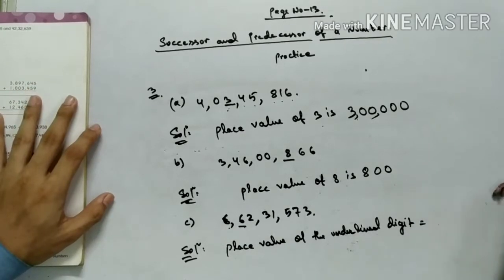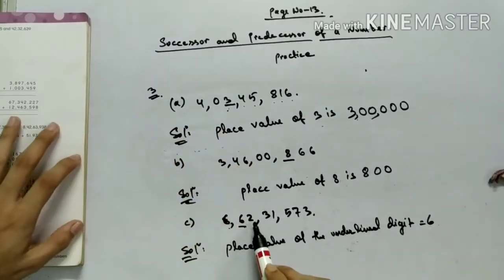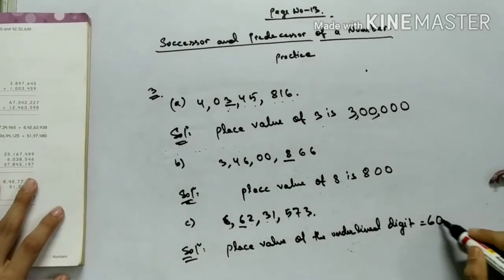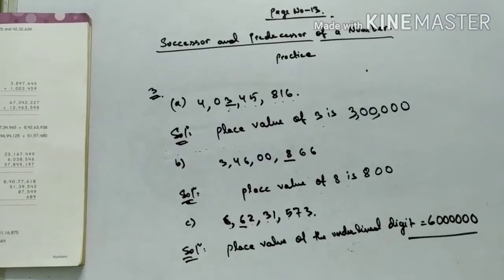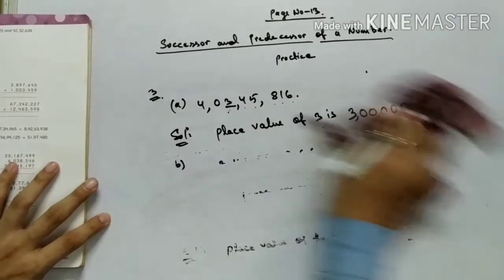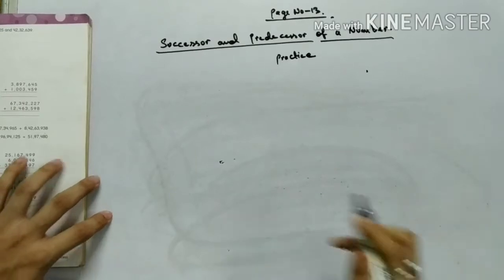It is equal to, so first of all I will write 6. Understand? And after 6, how many digits are there? 1, 2, 3, 4, 5, 6. 6 digits. So 1, 2, 3, 4, 5, 6. This is the answer. Okay, so I hope you have understood how to find the place value. So next, you see